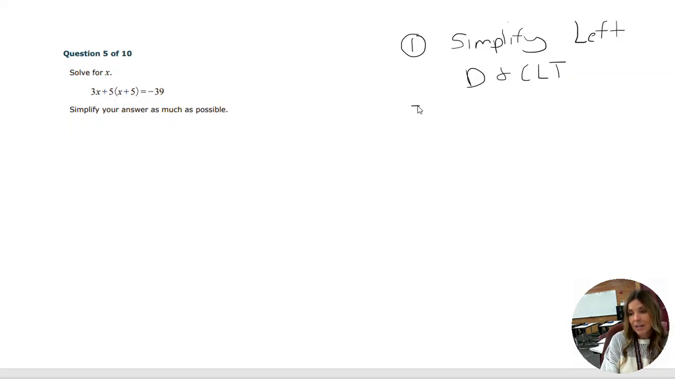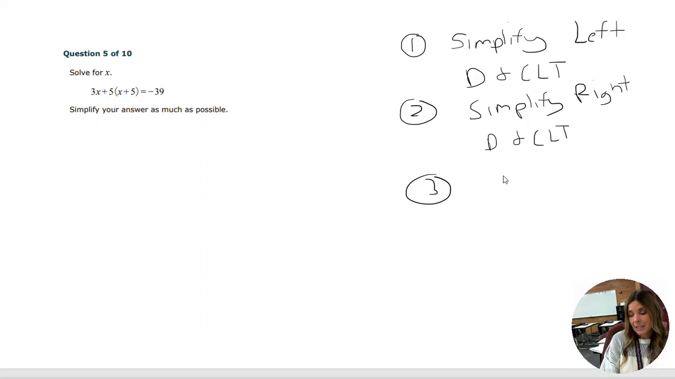Once you have simplified the left side, the next thing that you do is you simplify the right side. So you do the same thing. You see if there's anything that needs to distribute, and then you combine any like terms. Those are the first two steps. The third step is you want to collect all of the variable terms on one side,